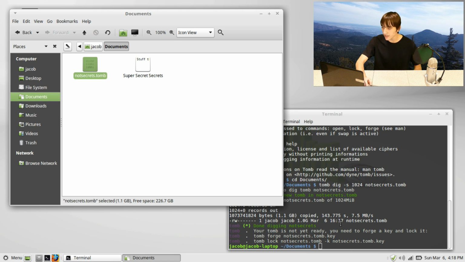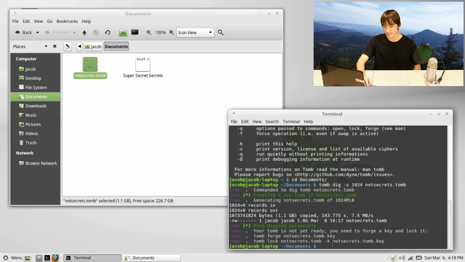So as you can see here, Tomb is very easy to use. Like I said, it walks you right through the process. So it says your tomb is not yet ready. You need to forge a key and lock it. And then it gives you the next 2 commands in order that you'll need to run. Really useful. So tomb forge